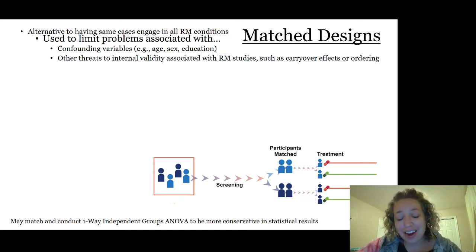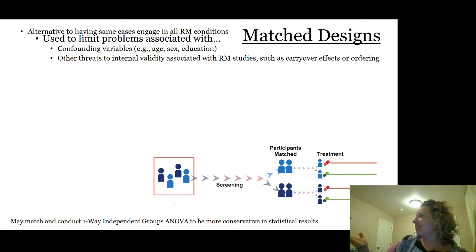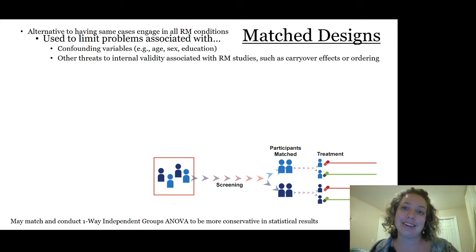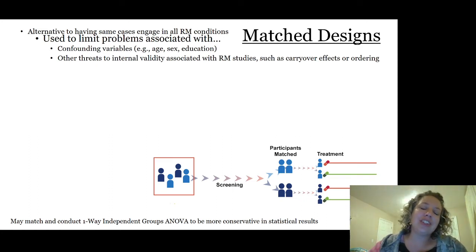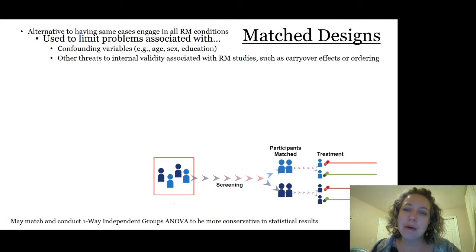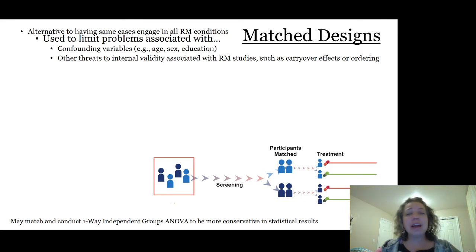Now, matched designs are inherently difficult because we're going to have to match on something or some things, and by virtue of matching on these things, we are unmatching, so to speak, on all other things. So you have to know what's important to match on. Often with matching, we choose things like gender and age and education, these very easy to obtain measures. But often those aren't the important things. Things like family history and exposure and prior history, those things are more important. Thought processes, genetic makeup, those things are less easy to get numbers on, and so we can't match on them. So I just put that caveat in there that if you're going to do matching,